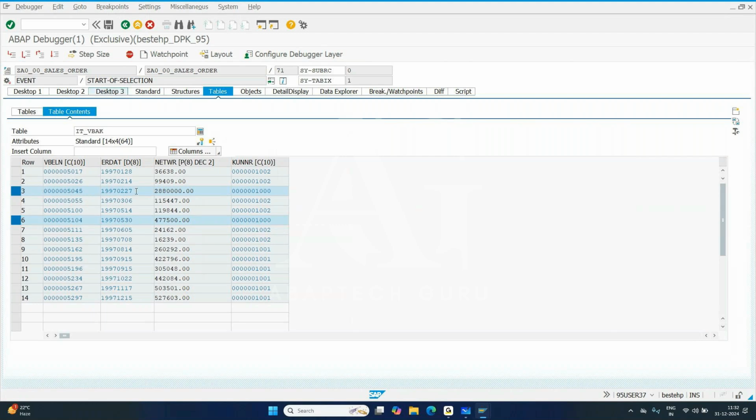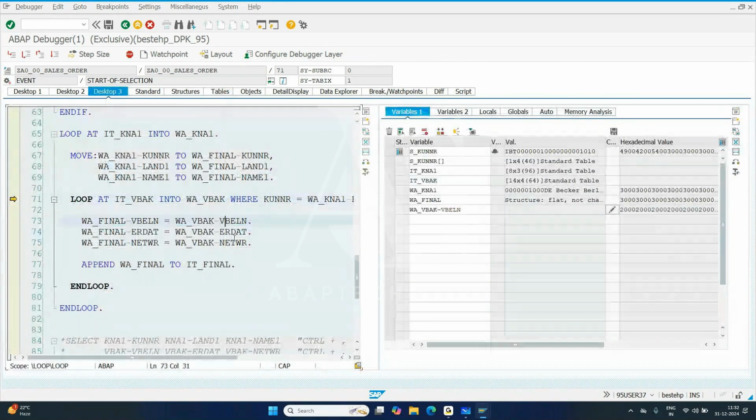Now you can see, if I do F6, which record has it read? The third record, third index. And here you can see that index number. And what is this sy-tabix? I will let you know later. We have a separate concept called system variable. When I do F6,